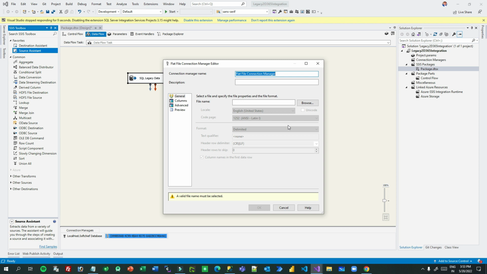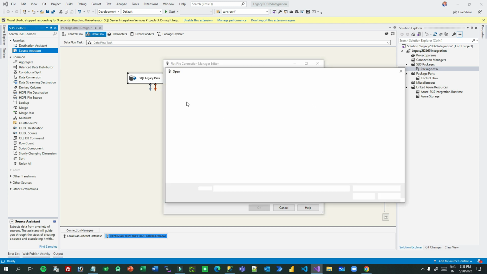So transformation is optional. If you have clean data in your legacy data source, you do not need any transformation. But if you need to clean your data with some transformation, then use the middle option called transformation from the ETL concept. Give a name here, let's say connection manager, notepad ds data source, and choose the data source